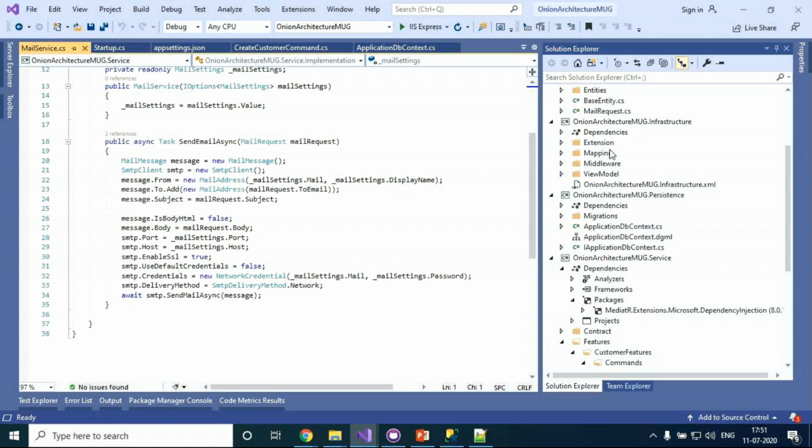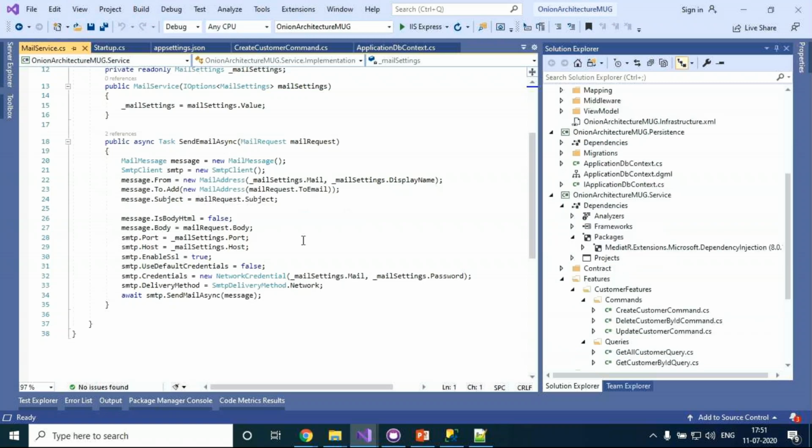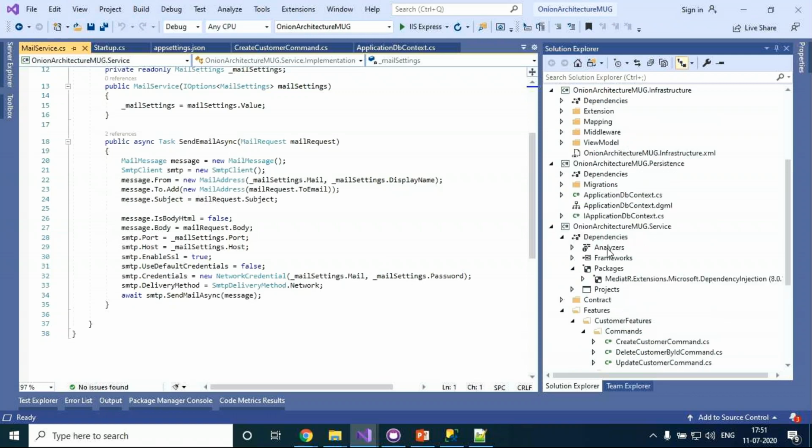So anything is fine. But I took the service layer because I want to write based on the business logic, like okay, in this condition only this email should go, or in this condition only the email should go. In that kind of scenario, I wrote it in the service layer. Now if you want, we can remove it and you can implement it in the infrastructure also. So that is up to you, based on the project scenario also. There is nothing right or wrong in that particular part.